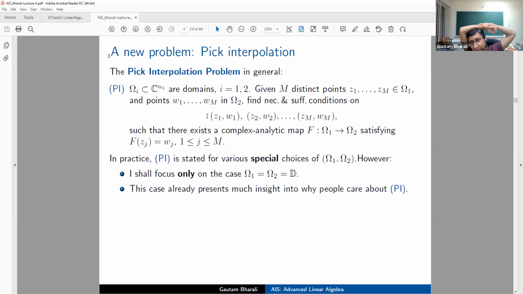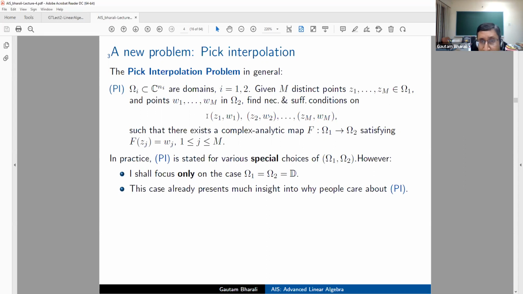You can explicitly write down by hand, in fact, a polynomial that will carry Z1 to W1 and Z2 to W2, but there's absolutely no guarantee that the image of the open unit disk under this polynomial will sit inside the open unit disk. There is no guarantee. Secondly, very often,